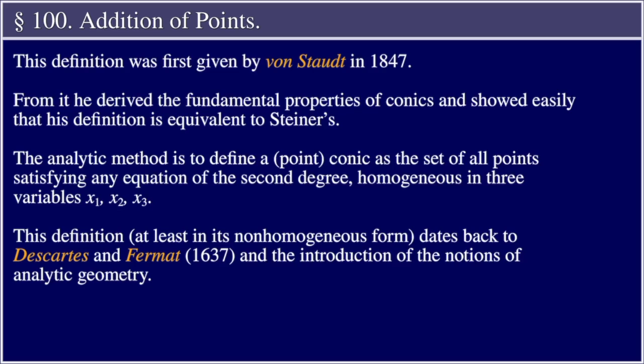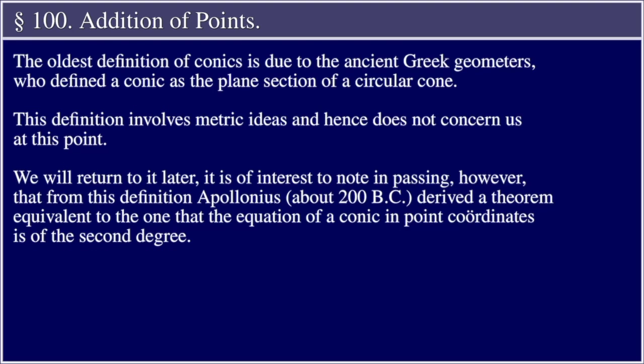The analytic method is to define a point conic as the set of all points satisfying any equation of the second degree, homogeneous in three variables, x1, x2, x3. This definition, at least in its non-homogeneous form, dates back to Descartes and Fermat, 1637, and the introduction of the notions of analytic geometry. The oldest definition of conics is due to the ancient Greek geometers who defined a conic